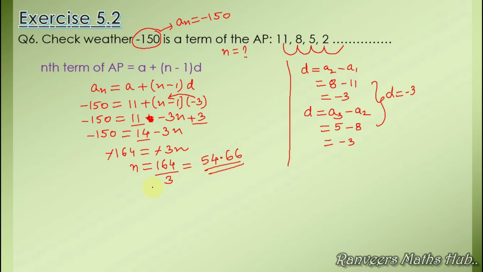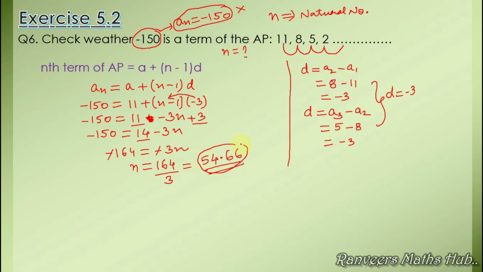Okay, so 54.66, it is a decimal value, and as I have already discussed in the introduction part, the value of n is always a natural number. Now it is coming a decimal value in this case. So what we can say, this minus 150 is not the part of this sequence, क्योंकि हमको यहाँ पे नेचुरल